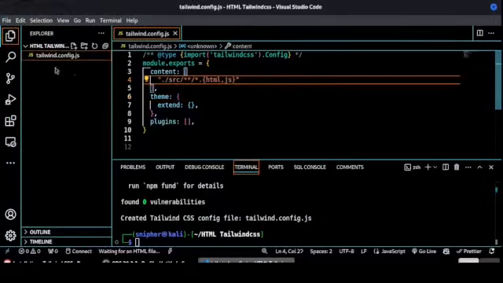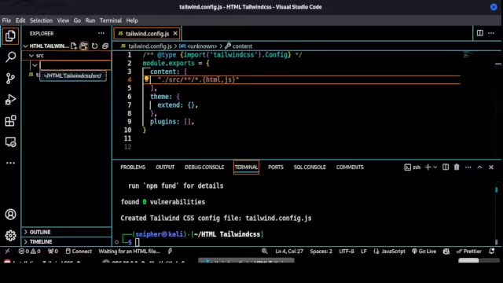So this will be our folder, so I have to create that folder. So say src. So src will be our folder that will contain all HTML and JS files. Inside here, I will also create another folder called CSS, which will include all our CSS files. So inside the CSS, I will create another file called